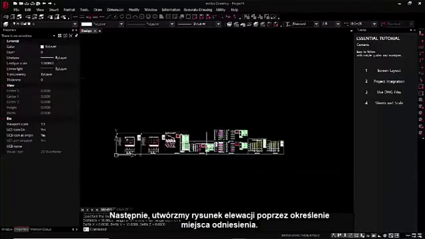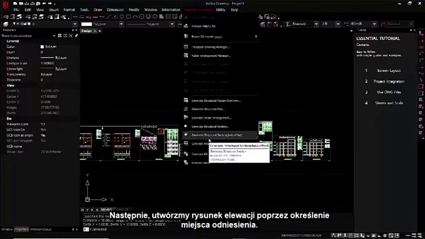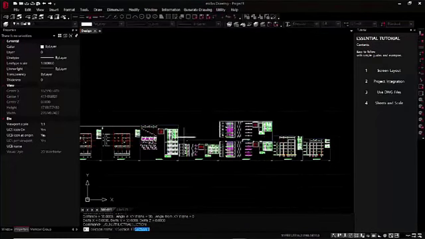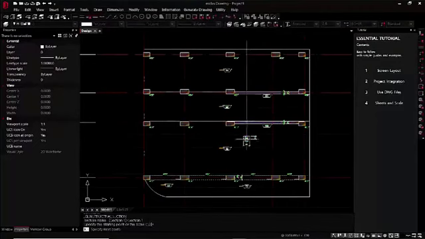Next, let's create an elevation drawing by specifying an arbitrary location. Let's include opening,